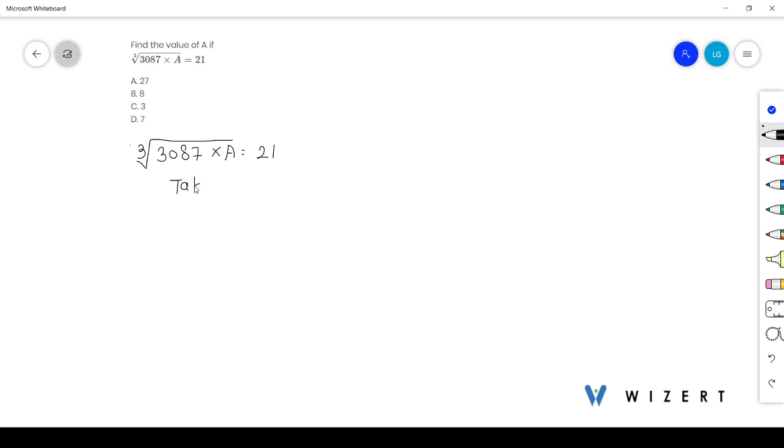Now to find the solution, taking cube on both the sides. So we get 3087 into A equals to 21, its cube. So 3087 into A equals to 21 cube is